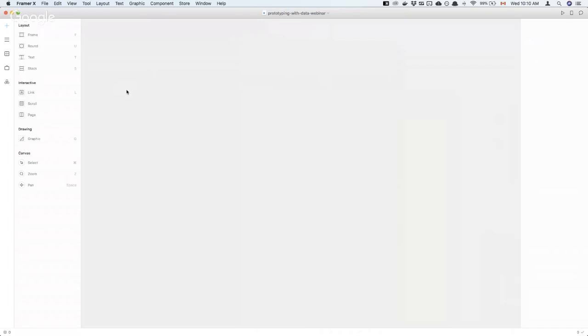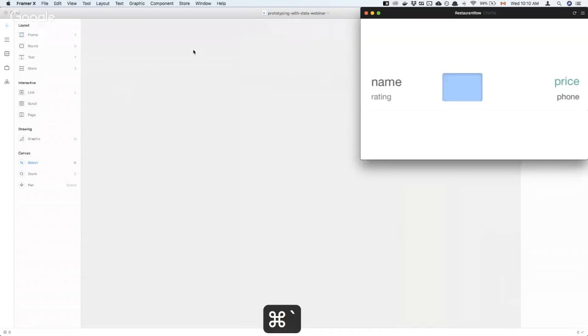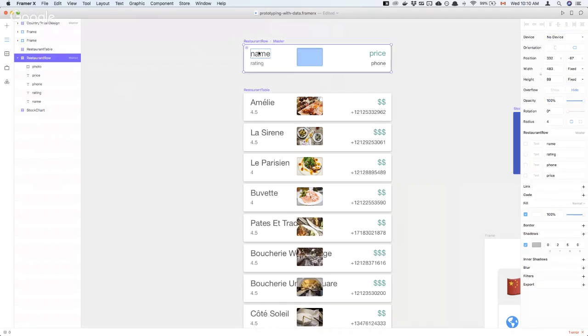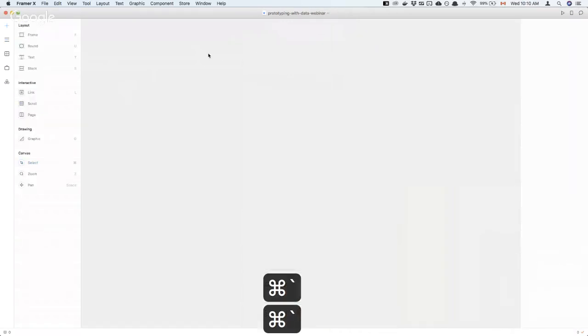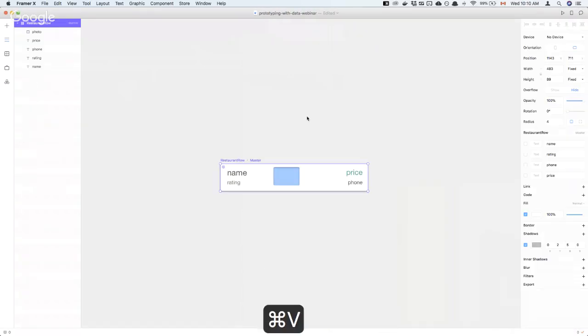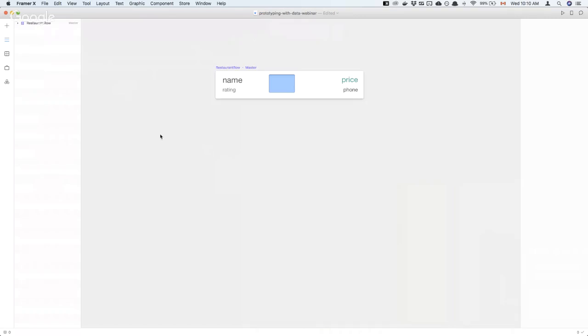But let me get started with, first of all, we're going to make that. Actually, let me just copy this instead of boring you with actually making this design component. I will just copy it over. So this design component is called restaurant row, right? And then we're going to make a code component that's going to use this design component and display the data